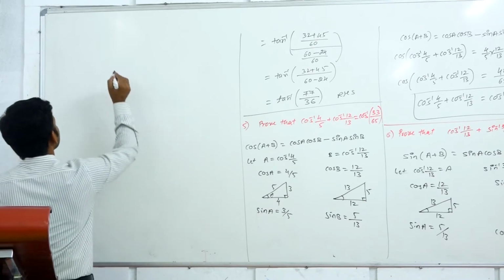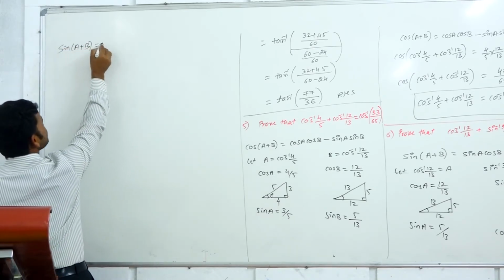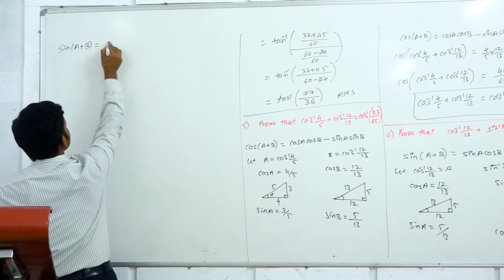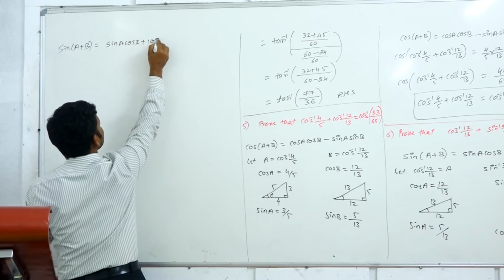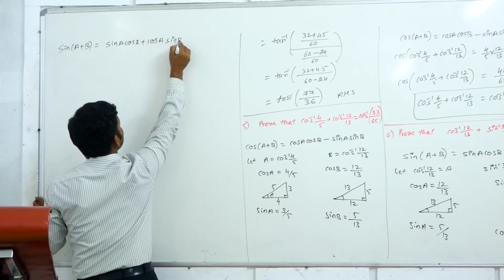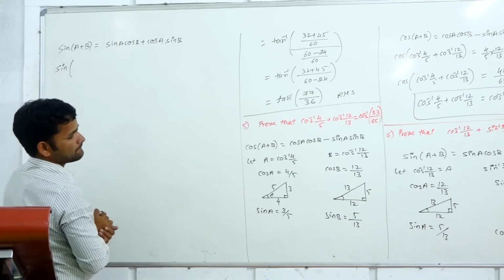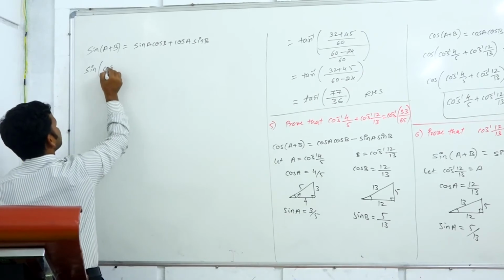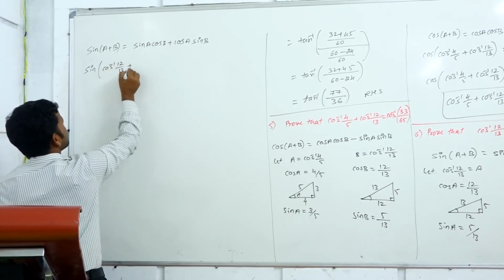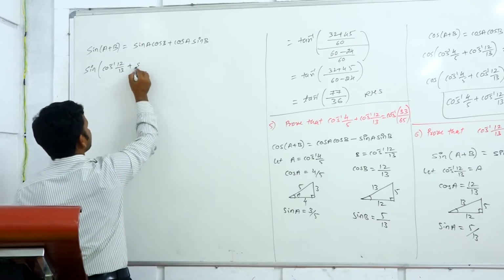Sine of A plus B is equal to sine A into cos B plus cos A into sine B. I am substituting everything here. Sine of, what is A? A is cos inverse of 12 by 13 plus, what is B? B is sine inverse of 3 by 5,